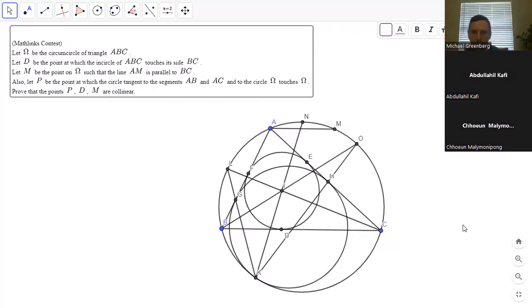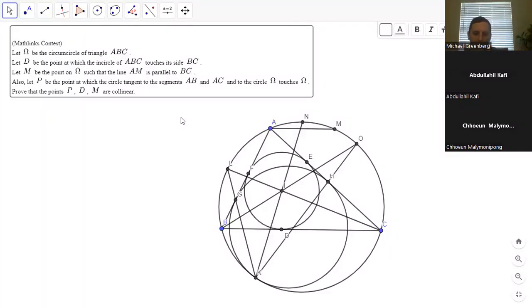And I wonder if CEK is similar to something. CEK, is it similar to CAK? Yes, plus